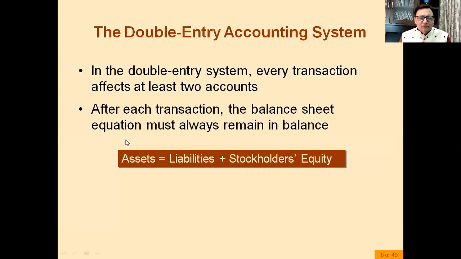So in accounting, we will follow the double entry system. So what is the double entry system? We presume that whenever a transaction happens, every transaction will have a twofold aspect. It will affect two accounts. So every transaction affects at least two accounts, and after each transaction, the balance sheet equation must always remain the same. We have already studied the balance sheet equation, that is assets is equal to liabilities plus stakeholders' equity. So whenever a transaction happens, it will affect the twofold aspect. Either it will affect two assets, or on the one hand it will affect the assets, and on the other hand it will affect the